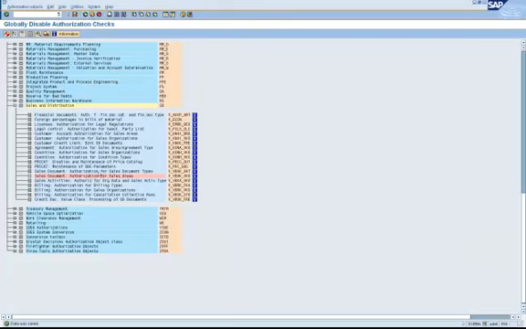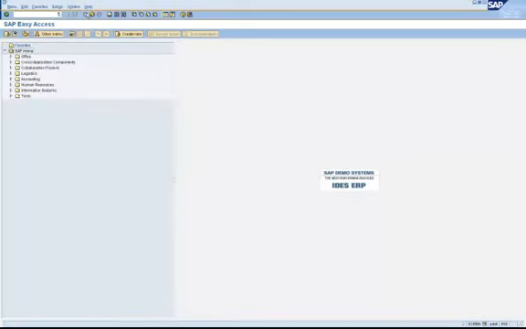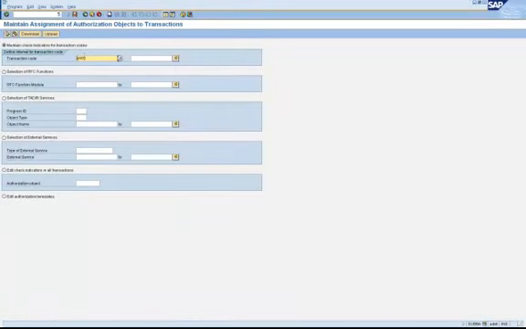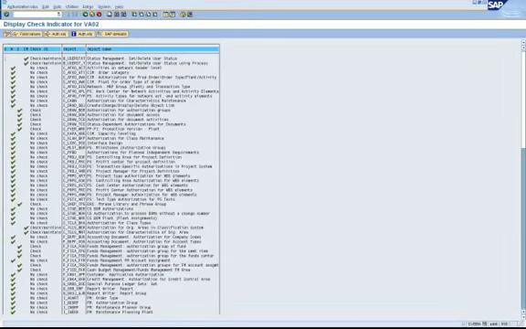So what happens is any transaction code that needs this object, for those transactions, the system will not check for this object. So let's go and check what happens in SU24 now. But before we go there, let's generate these changes. Okay, now let's go back to SU24 and check what happens in the check indicator settings.